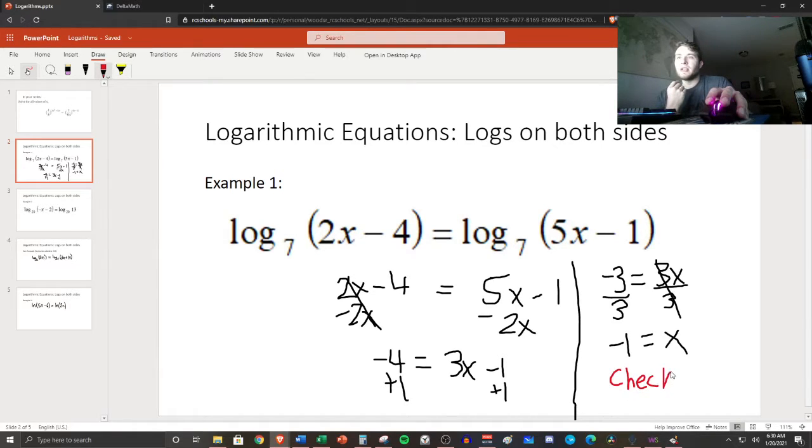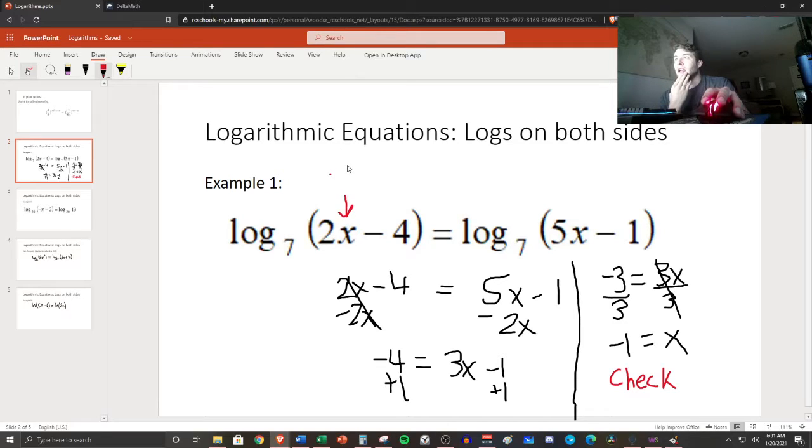The reason that we need to check this is just like what we had in a couple units ago with the radicals and the rationals. We can end up with solutions that are not valid, and we had a special name for those. They're called extraneous solutions. So let's go over to a calculator, and we are going to put in negative 1